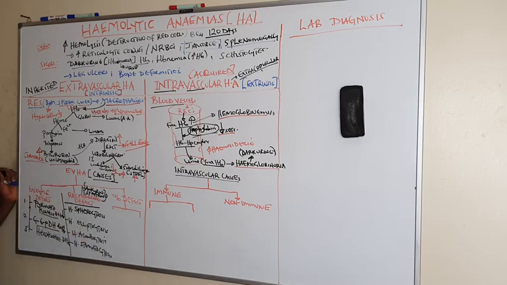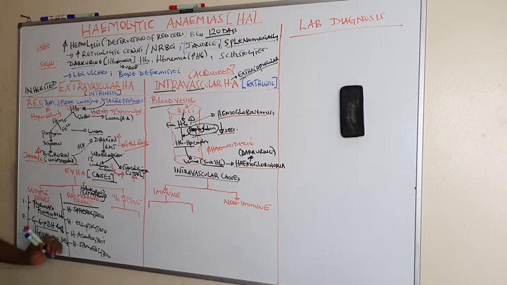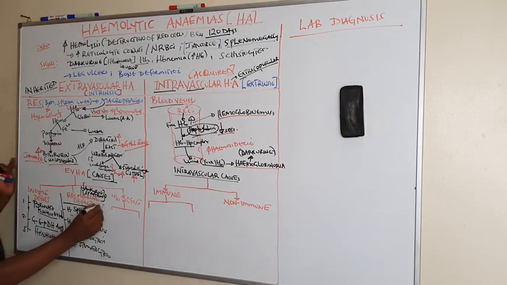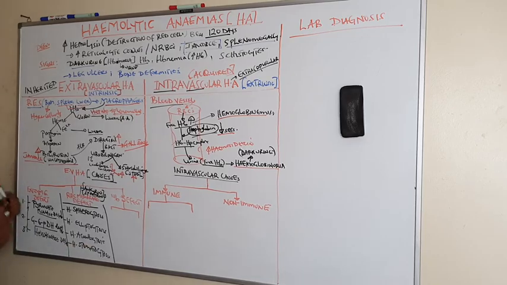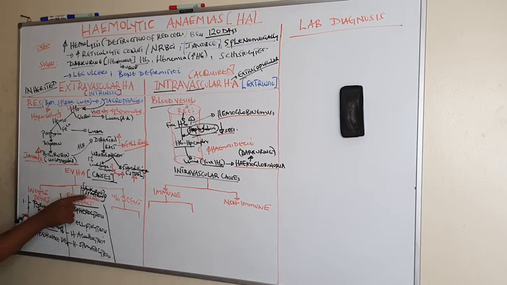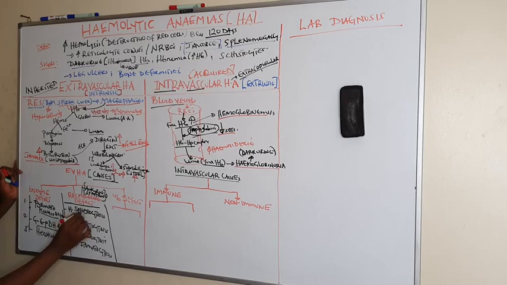So these are the four causes. They are inherited, and we shall look at their diagnosis in detail under lab diagnosis. Due to the defect of the cytoskeleton, we are going to see that this one is due to increased